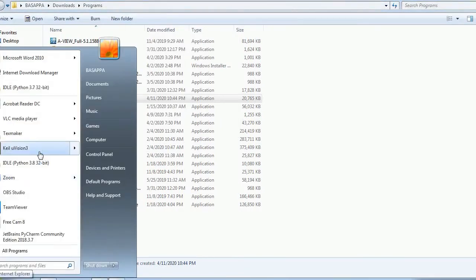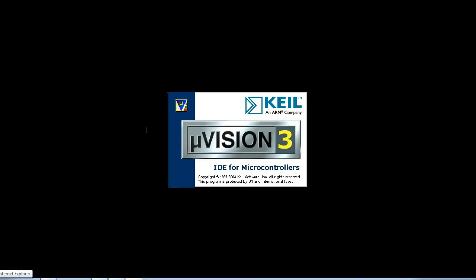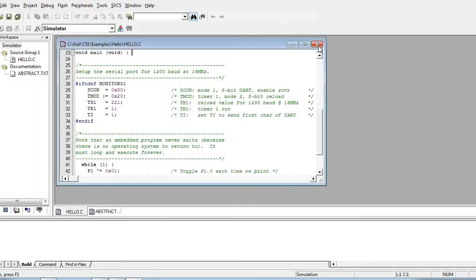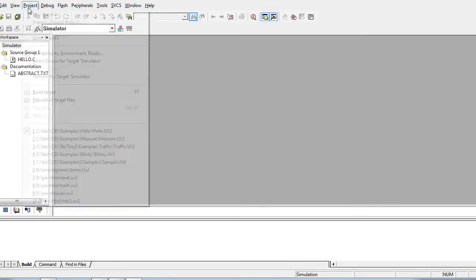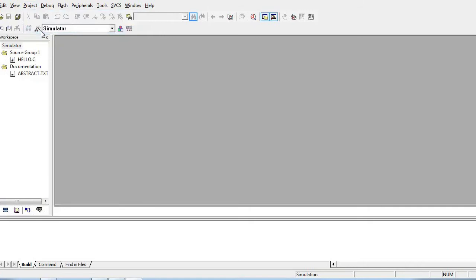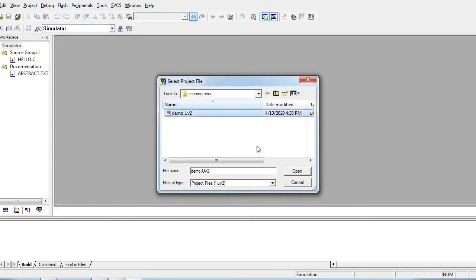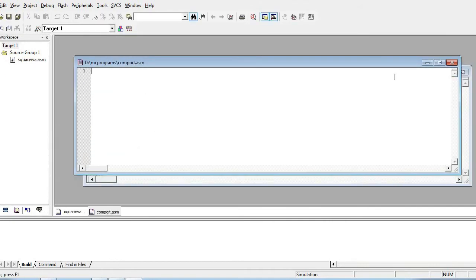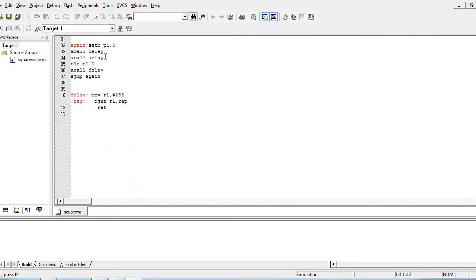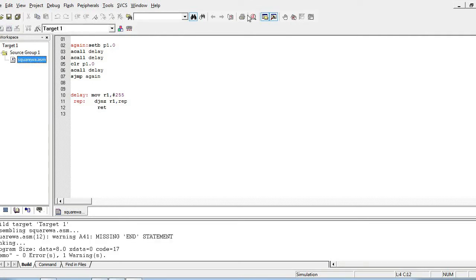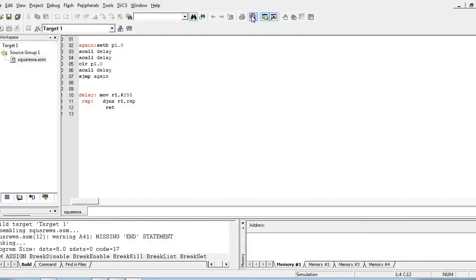Let us open the Keil compiler again. So this program is for 66% duty cycle. We will execute this.